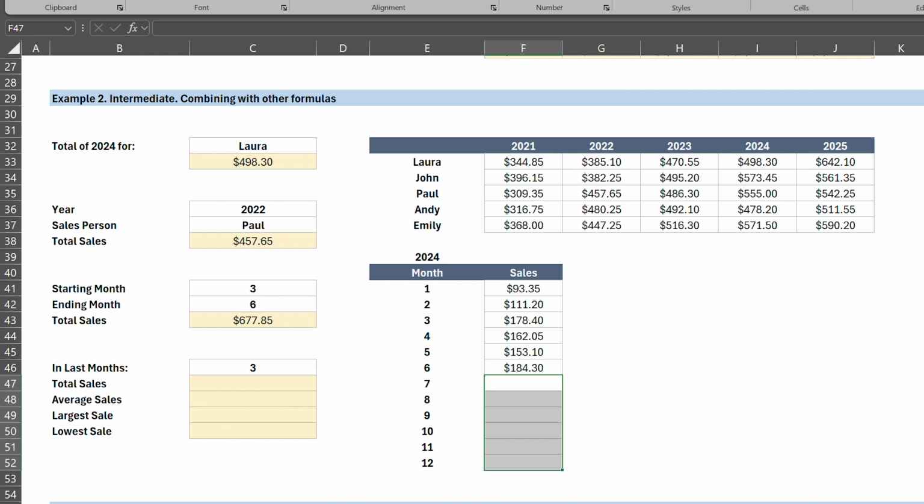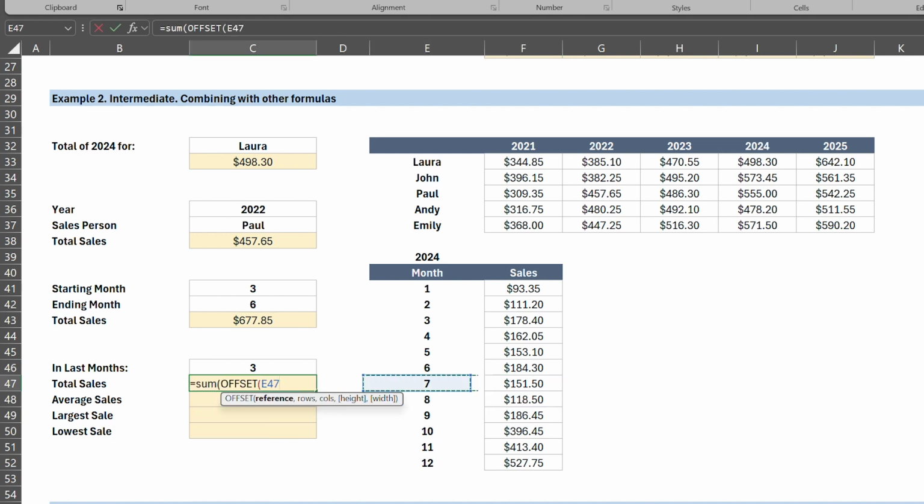But we want to know certain metrics for the latest months, for example, for the last 3 months. But we don't want to be changing the formula every time we update the table. So let's see how to handle that using the offset function. First, we want the total sales, so we type sum, then offset, set the reference at the top of the